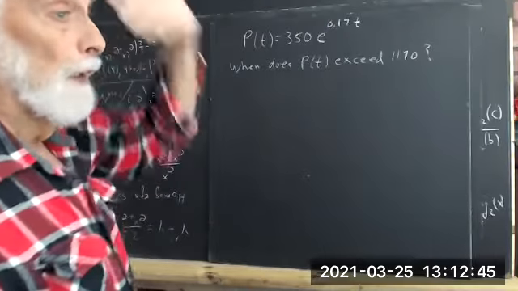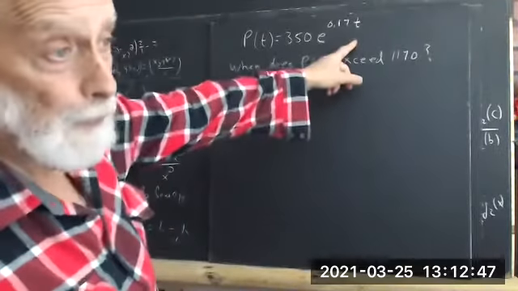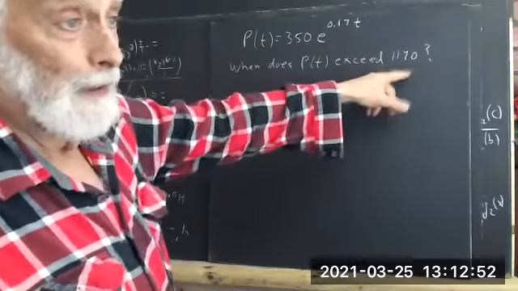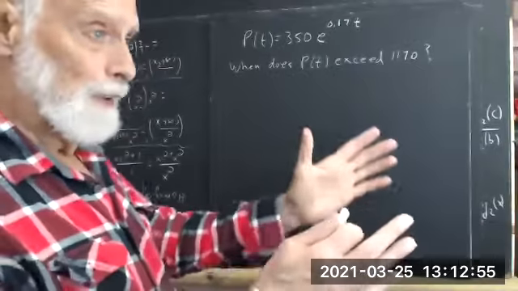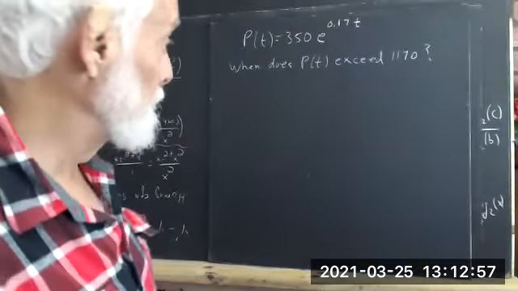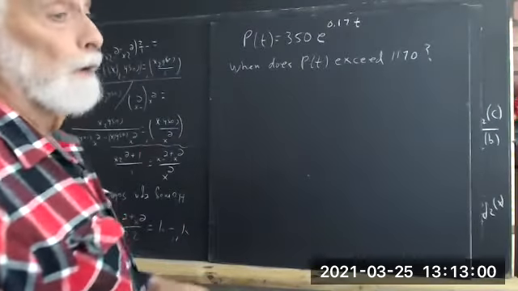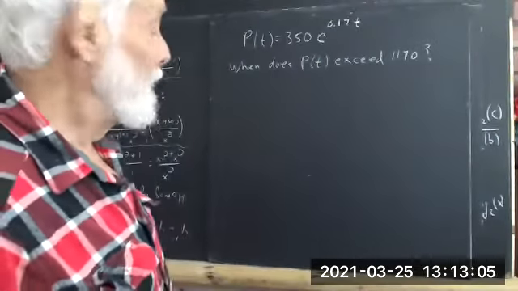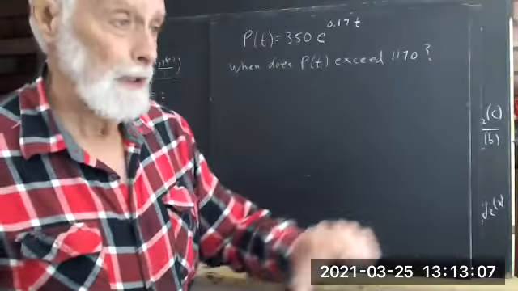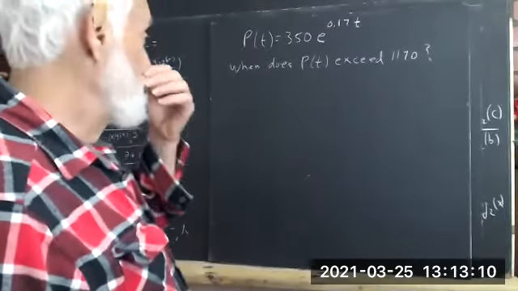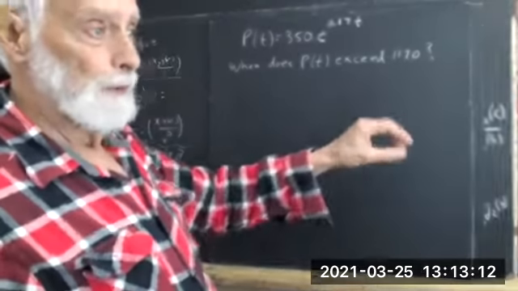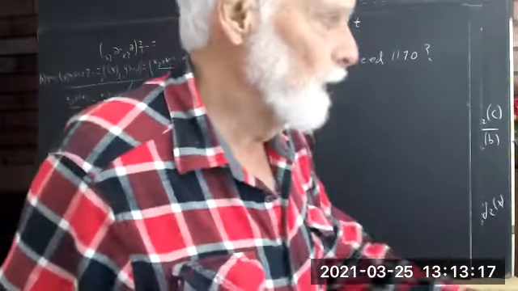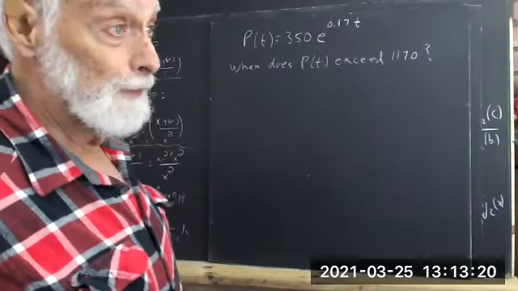Now, your best way of estimating that would be start plugging in numbers for T until you get something a little bigger than 1170 and something a little less than 1170, and then keep doing trial and error using your calculator. Alternatively, you could use a graphing calculator and graph this thing and do an estimate. Even better, you can do your own graph and estimate it. Not going to get into that now, but we probably will see that a little bit later, just to completely understand logarithms and so forth. But if you want to really solve this,